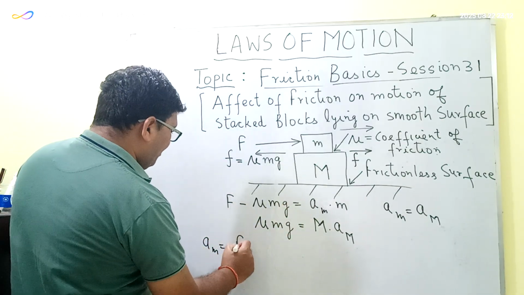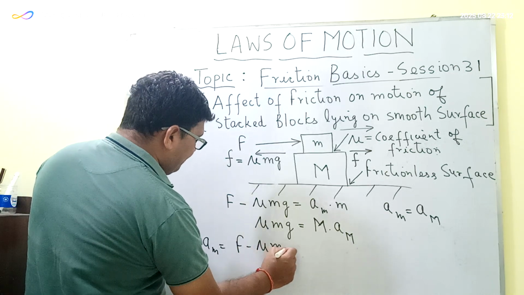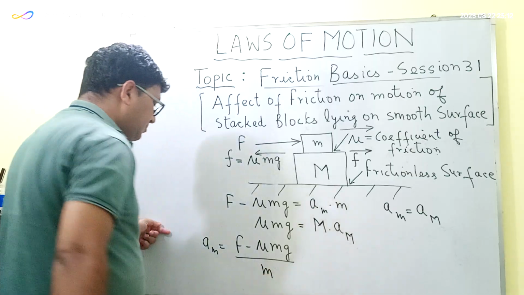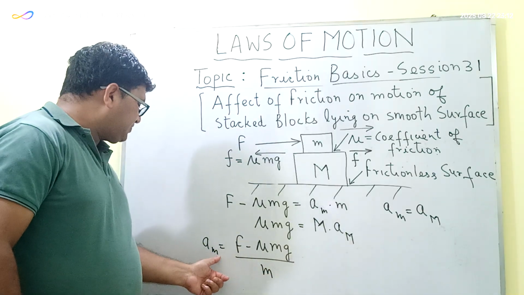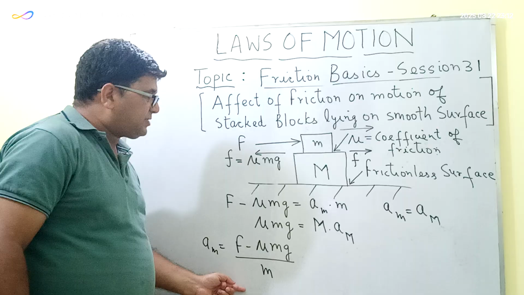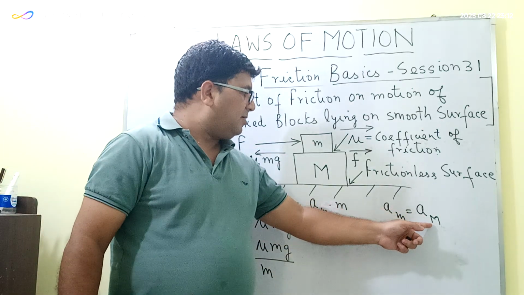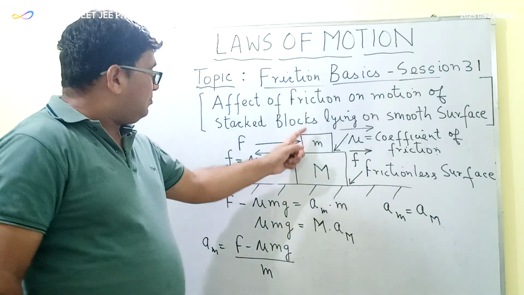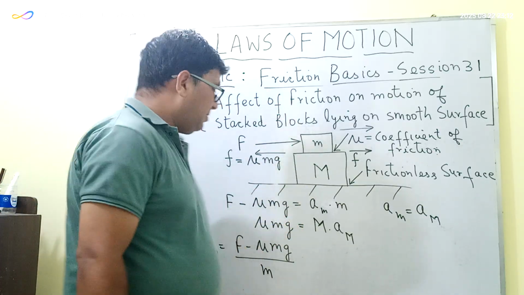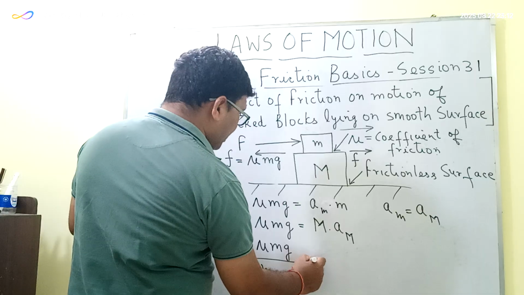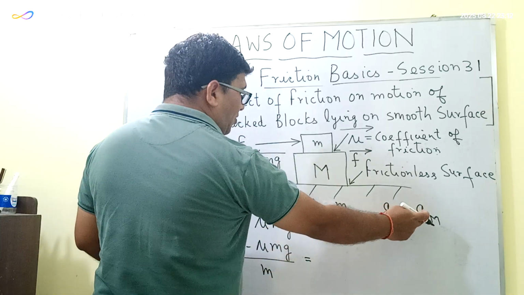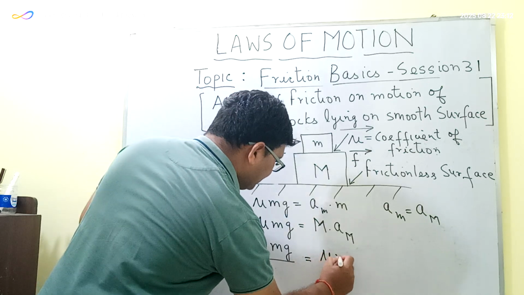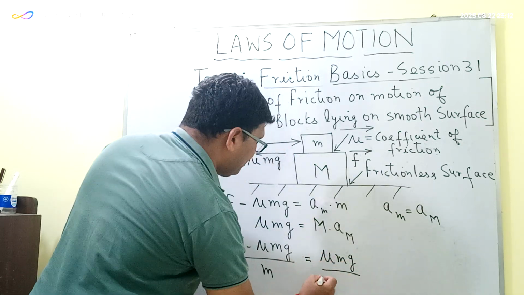This is equal to F minus mu mg divided by small m, and this acceleration should be equal to the acceleration of this lower block. So if both these blocks are to move together, this should be equal to the acceleration of the lower block, which is equal to mu m g upon M